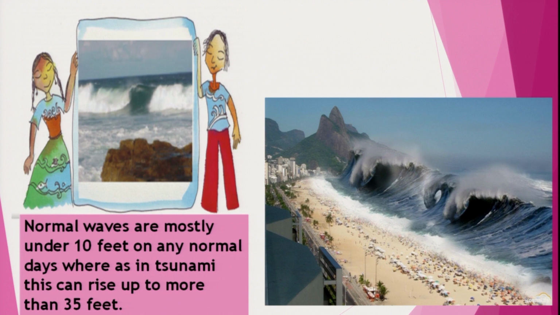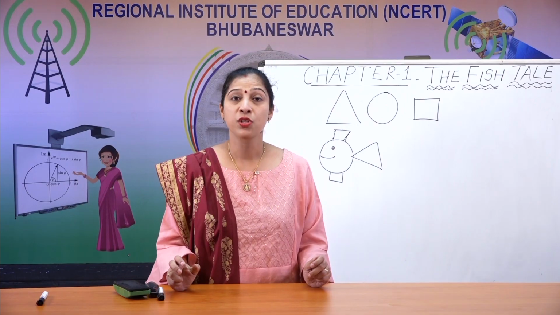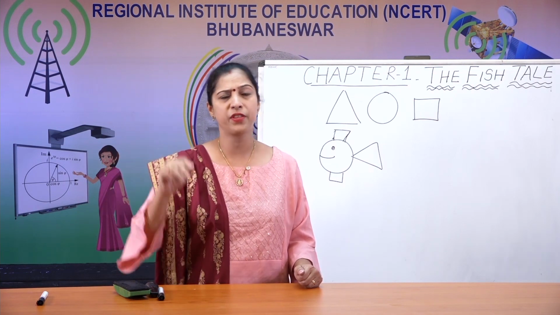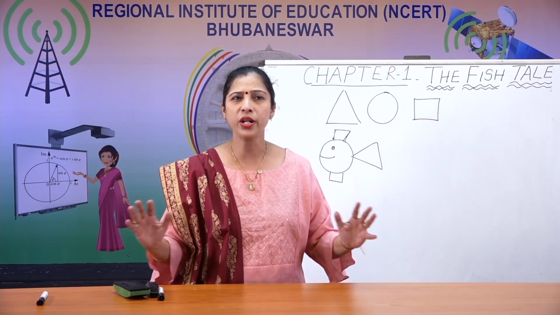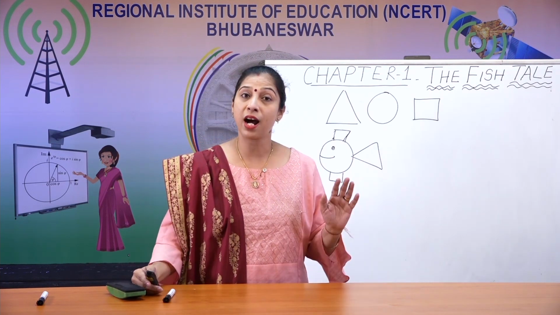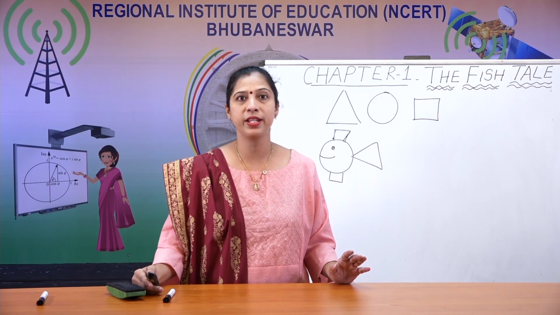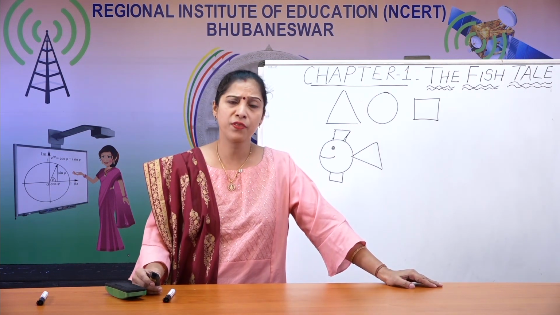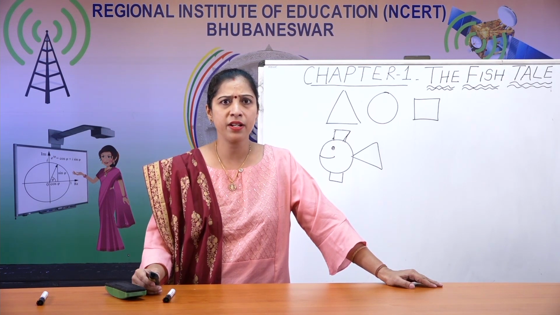Many people died in that because long waves came and there was so much destruction near the shore and many buildings collapsed. At that time the waves were almost 35 feet or more than 35 feet and they created a lot of destruction near the shore. So the sea can be calm, the sea can also be very angry at times. So what happens then to the people who go for fishing? Are they scared or do they have to go?